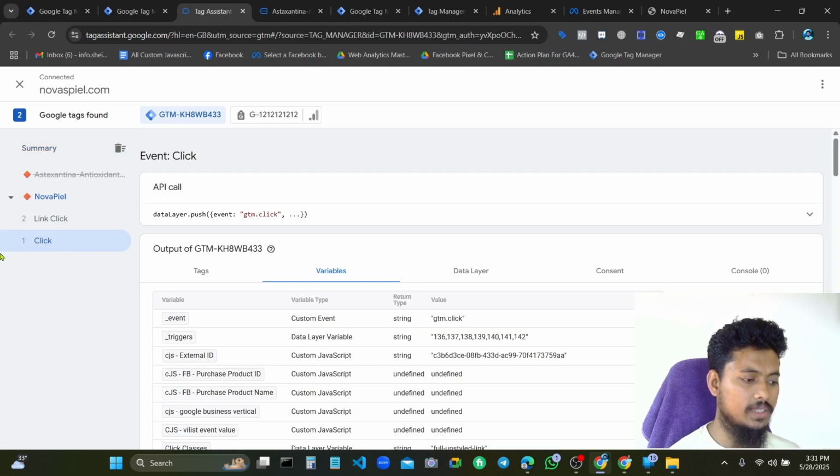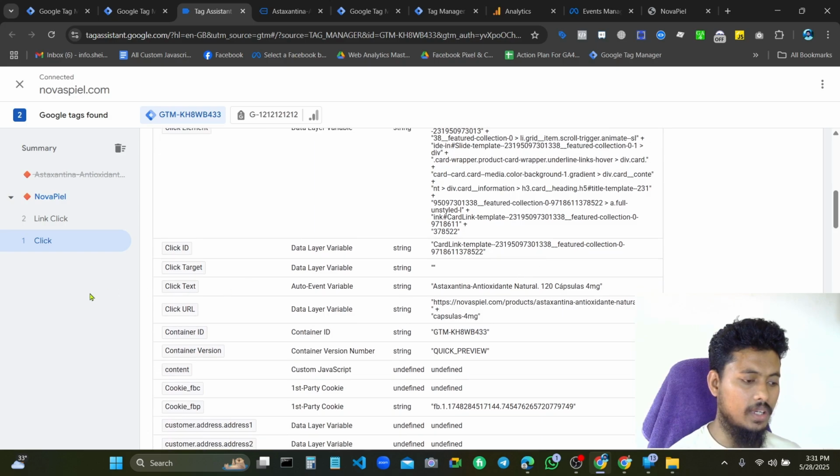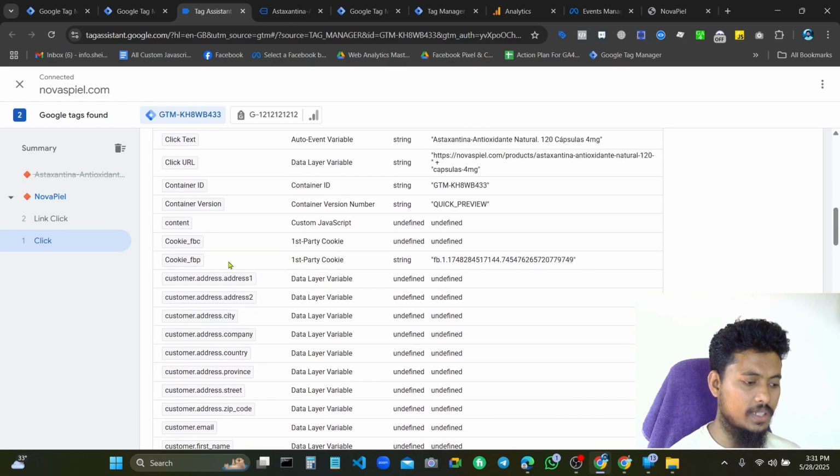If we click this message, you can see I have already clicked this product, and product name is coming from the click text, coming from the website in variable called click text. And click ID is, you can see when I click this product, and this is the card. You can see card template. Click ID is getting from click ID.